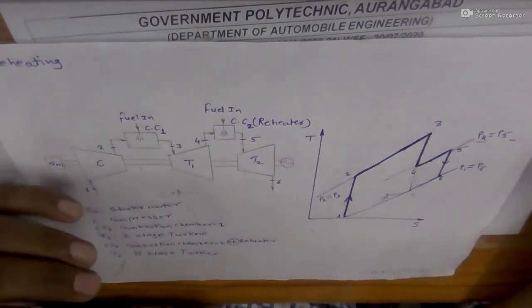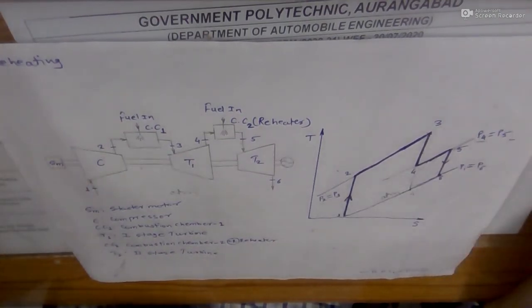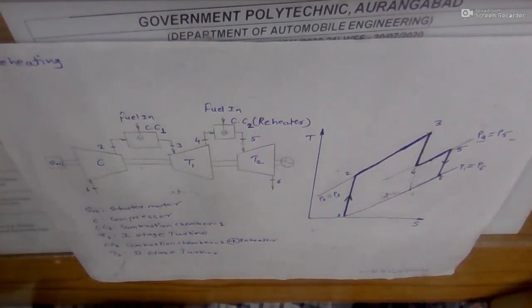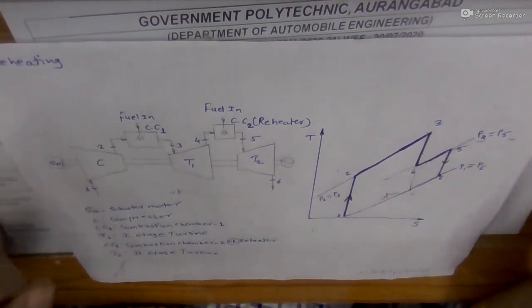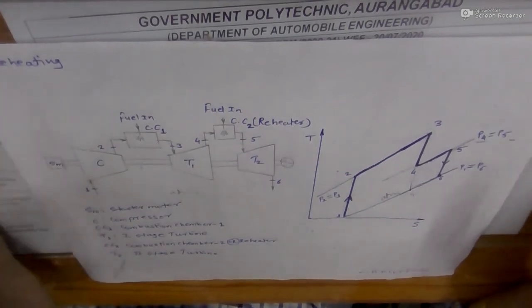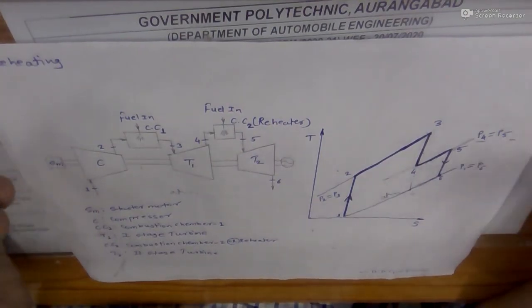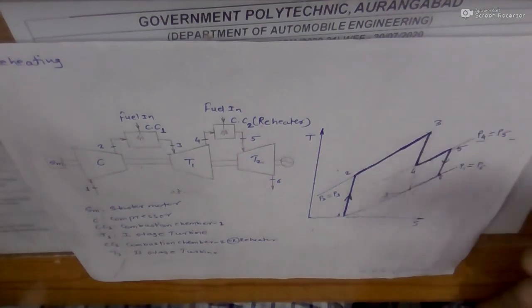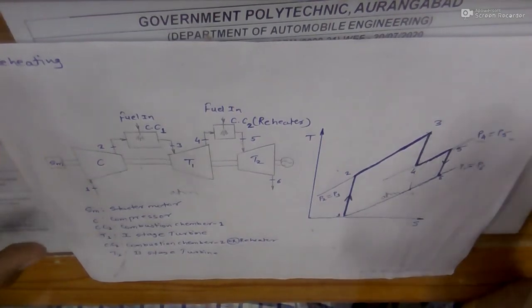So from the exam point of view, if we ask a question in the exam, it is asked only to discuss the effect of reheating, only the effect of regeneration, or only the effect of intercooling on the turbine efficiency. But if it is asked to discuss the effect of regeneration, reheating and intercooling in one system with the help of a TS plot, that will be different. But don't worry, that type of question will not come in the exam because it will carry more than 12 marks. Okay, our basic maximum marks for a question in the exam is not more than 6. So don't worry, such a question will not come into the exam, or it is not important from the exam point of view.